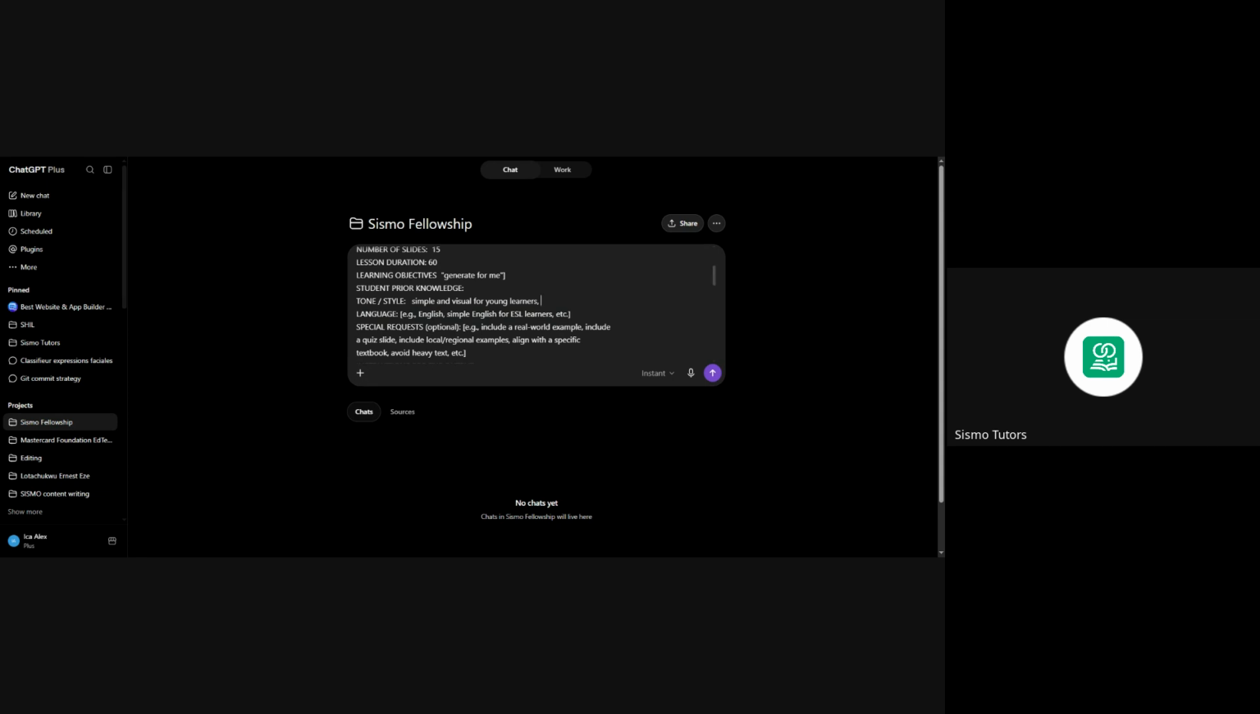So that said, let me type in the next. English should be simple English, the kind I'm speaking now. Very simple one. Yeah, very simple English. Then, is there any special request we need to make? Yes. The special request we need to make, let it include those local and regional examples for students in Nigeria,